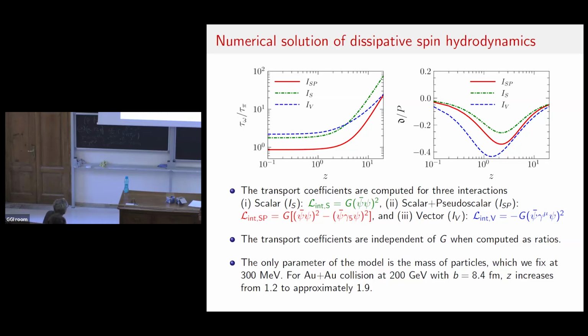Yeah, but then if you take some reasonable values for M and T, you get a tau omega over tau pi essentially one, even less than one. So that means the relaxation times are essentially of the same order. I would say that it is faster because the ratio is less than one. It's 0.9.